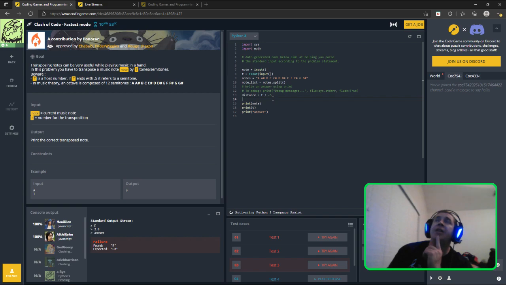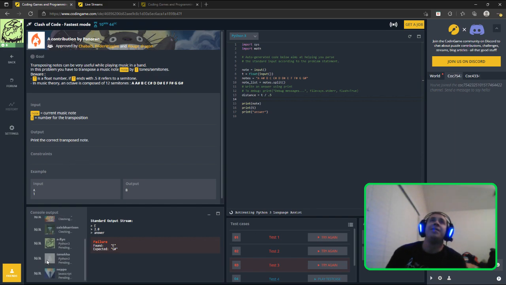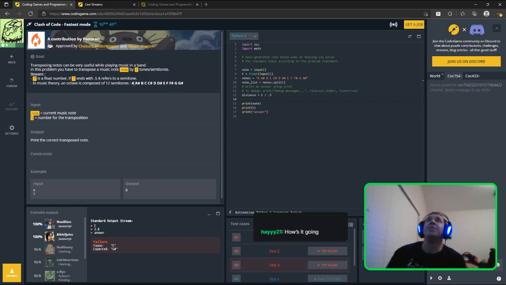I'm thinking that's how we get how many indices we need to move. Dang, we got a couple people already done. I think I'm really just going for completion for this. So anyways, this is the indices. Now that we have it in a list, we have 0, 1, 2, 3, 4, 5,